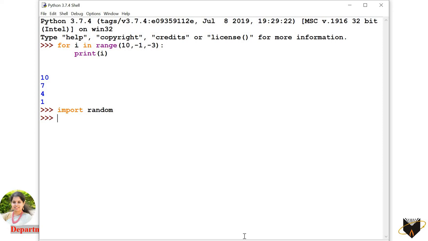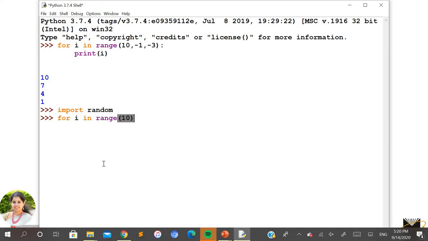Import random. You do not require any colon for importing any module here. For in range is different and random is different. Within the print directly, I'll consider the name of the module.